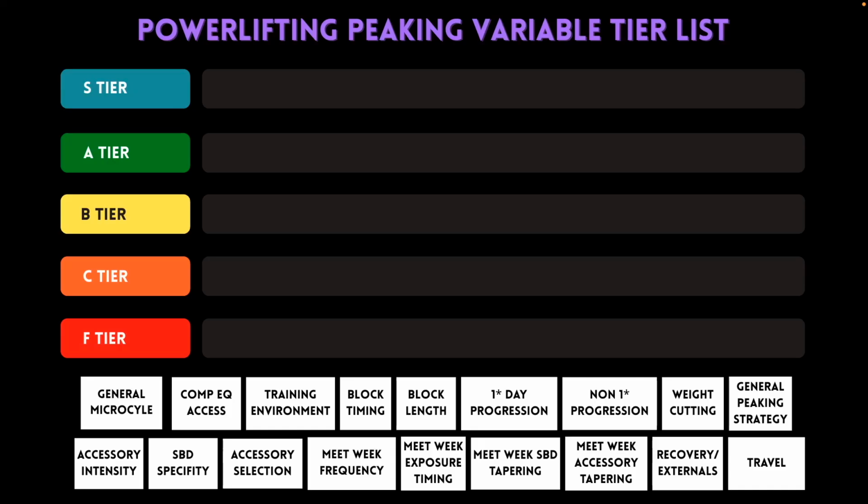Kind of like the first thought that I think anyone would think of is like, okay, this is probably the most important thing peaking into a meet. Like, is the program working pretty much? And the variables going into that, are those dialed in? Are those consistent and predictable? But if we're purely basing this tier list off of does the athlete come in peaked on meet day, are these variables going to play a significant role into specifically peaking or not?